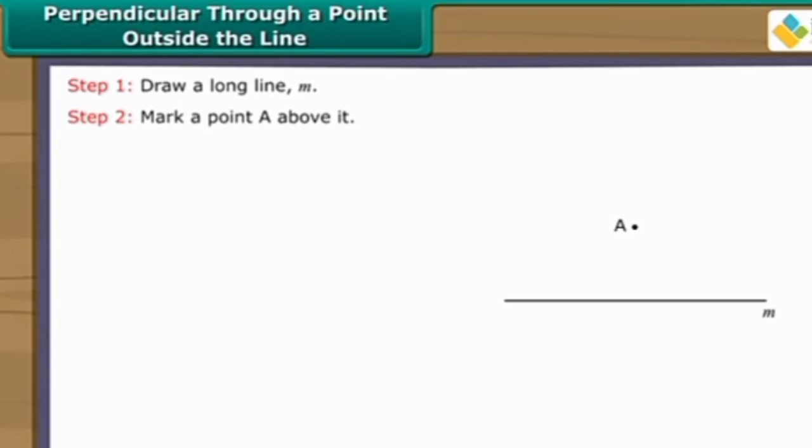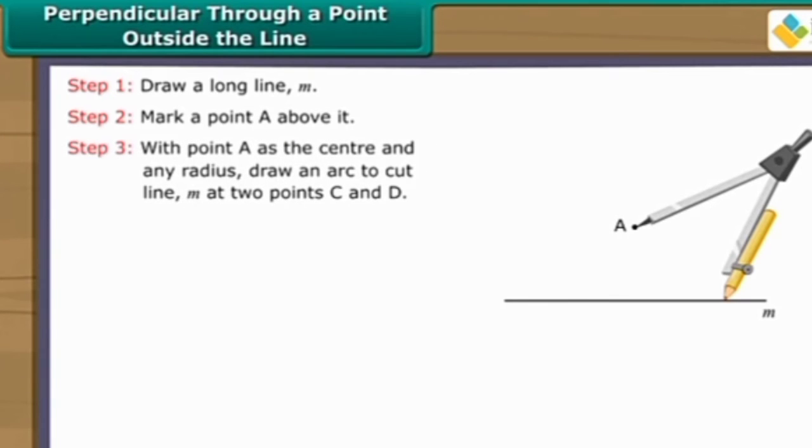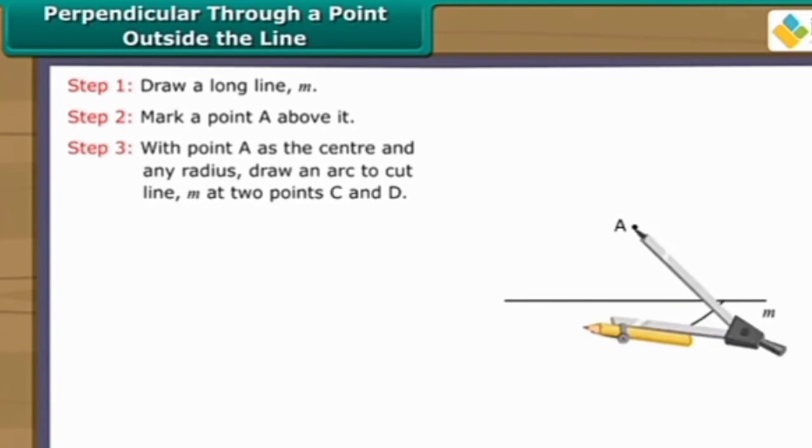Through a point outside the line. Draw a long line M. Mark a point A above it. With point A as the center and any radius, draw an arc to cut line M at 2 points C